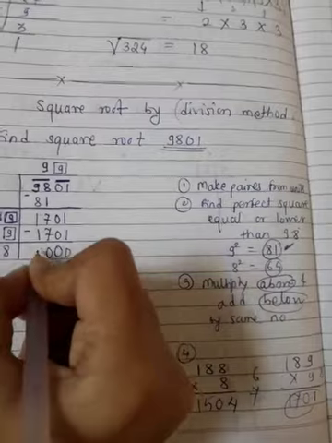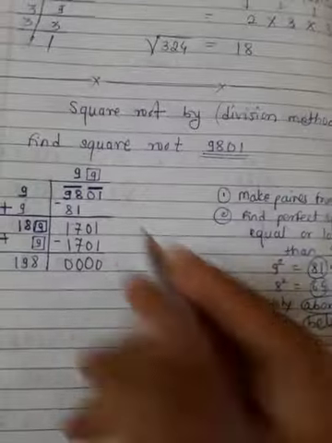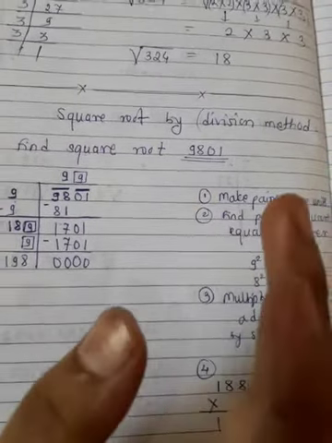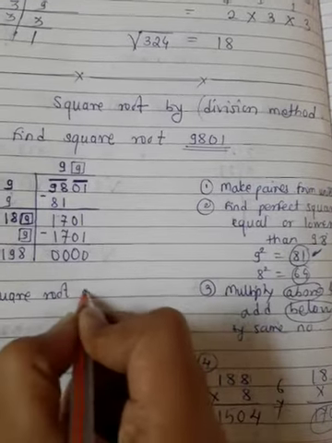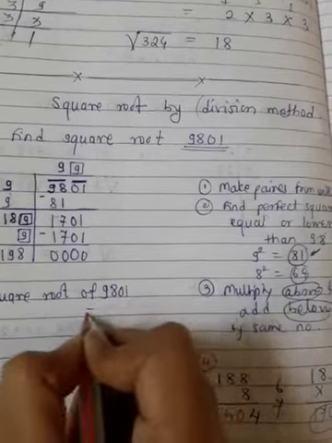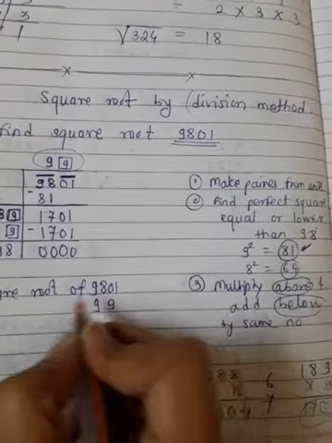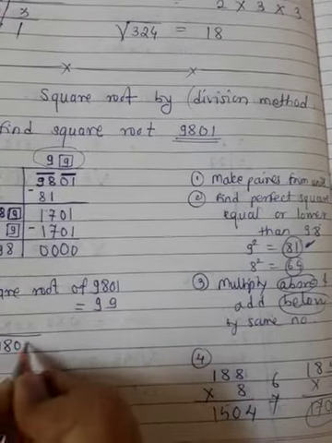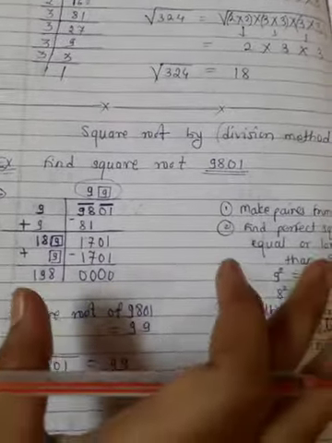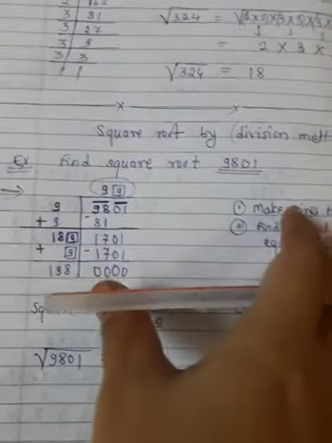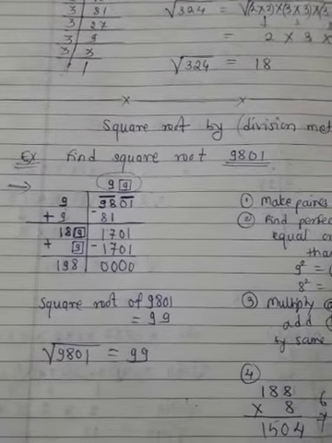So we have to continue this process till we get remainder 0. Here at the second step we get remainder 0, so stop here. What is the square root? The square root is the number obtained at the top. So what is the number? 99. So the square root of 9801 is 99. You may think this is a critical method, but it is not. If you solve one more example, you will easily understand. Okay, see one more example.